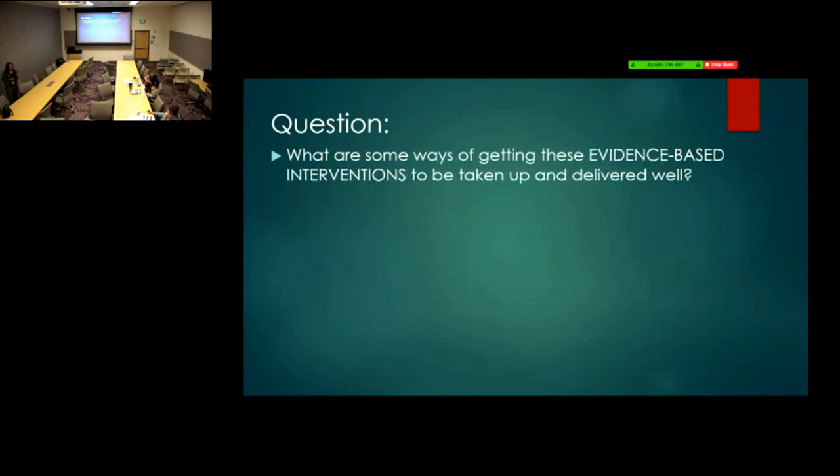So what are some ways to get those evidence-based interventions to be taken up and delivered well? How did they get you to use Target Zero? It's on every computer screen. Yeah, that's part of it. Making it part of the system. Very prominent in your EMR. Yeah. What else? Like training included on it. Yeah. Training. Talk about an orientation. Meetings. Okay. Somewhere on our badges. Yeah, badges. It's expected that it's part of the patient presentation every day.